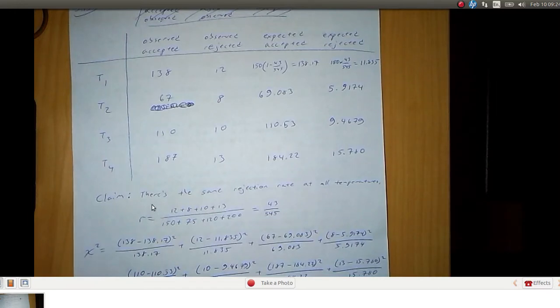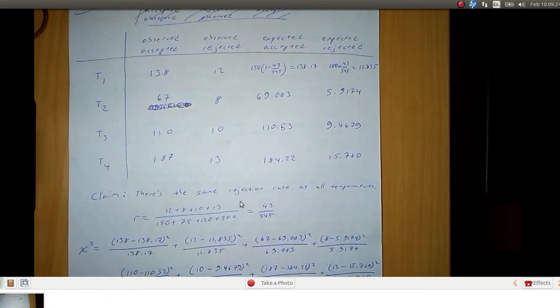And our claim is that there is the same rejection rate at all temperatures. In other words, there is no effect of temperature on the process. And we're going to try to prove that null hypothesis, that there's no effect of temperature. So if there's no effect from temperature, then there's the same rejection rate at all the temperatures, and that rate